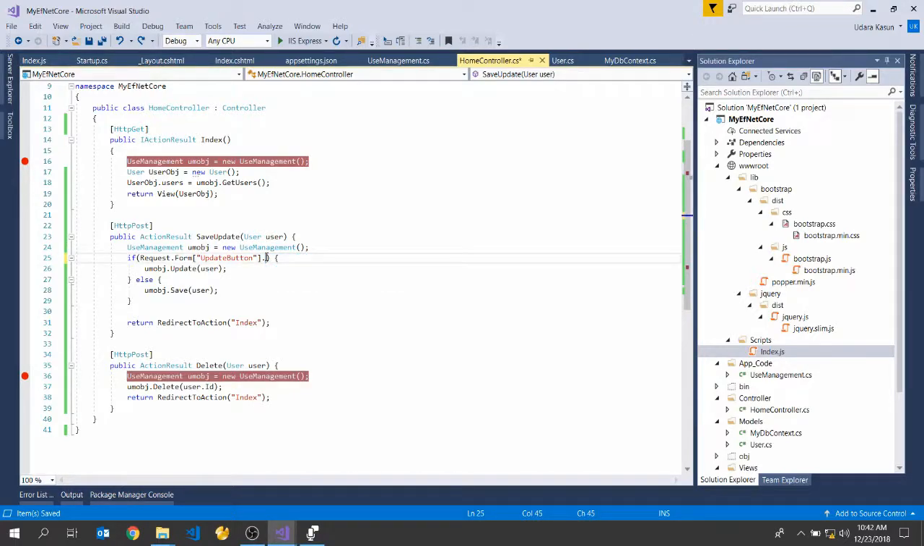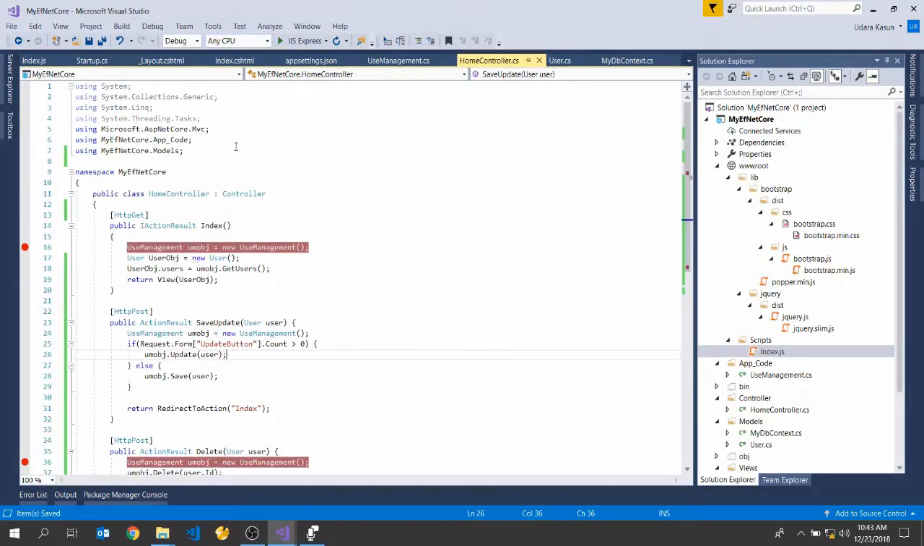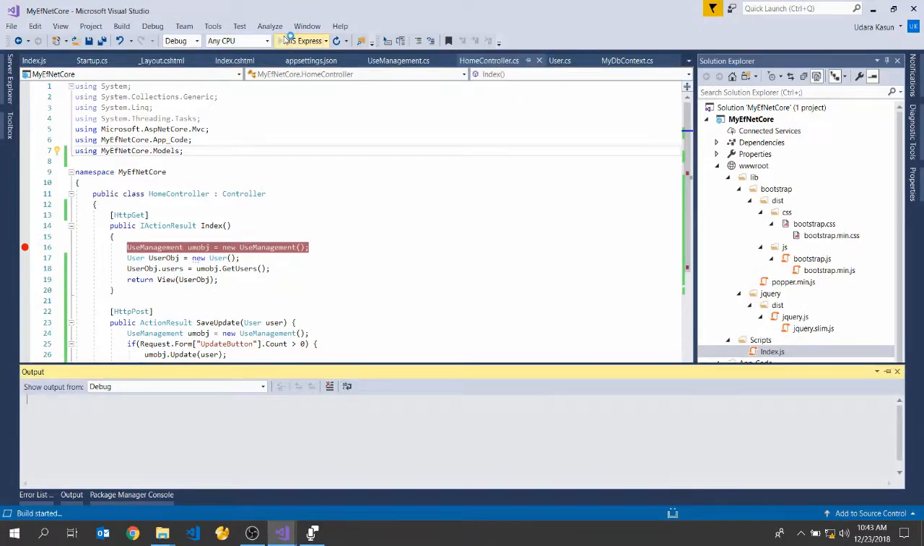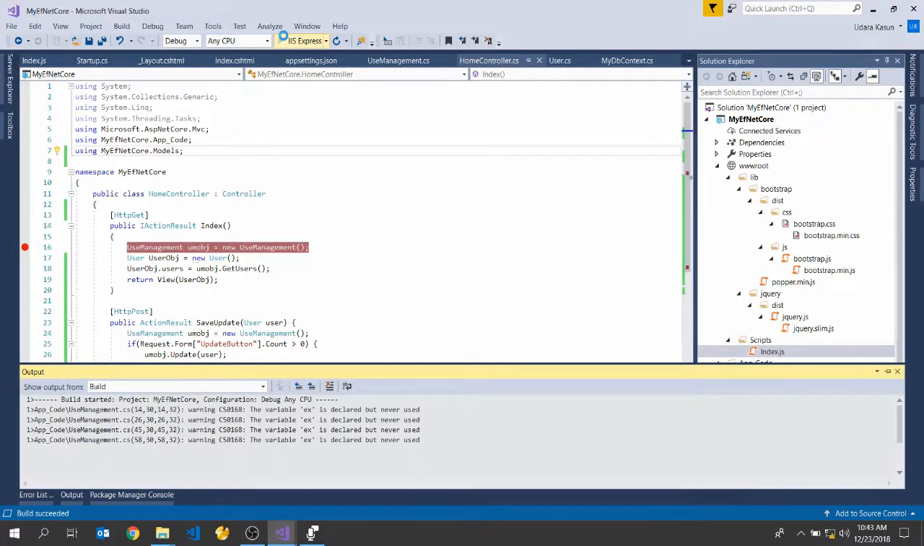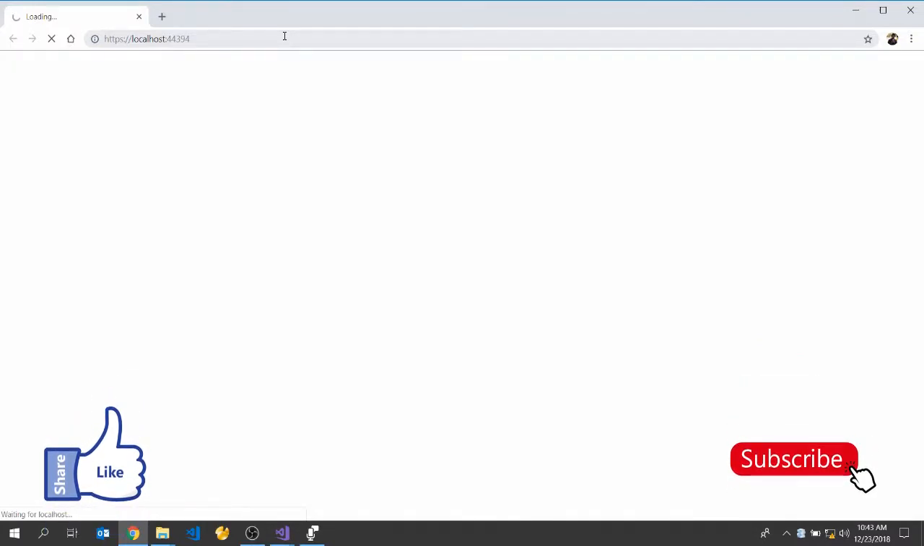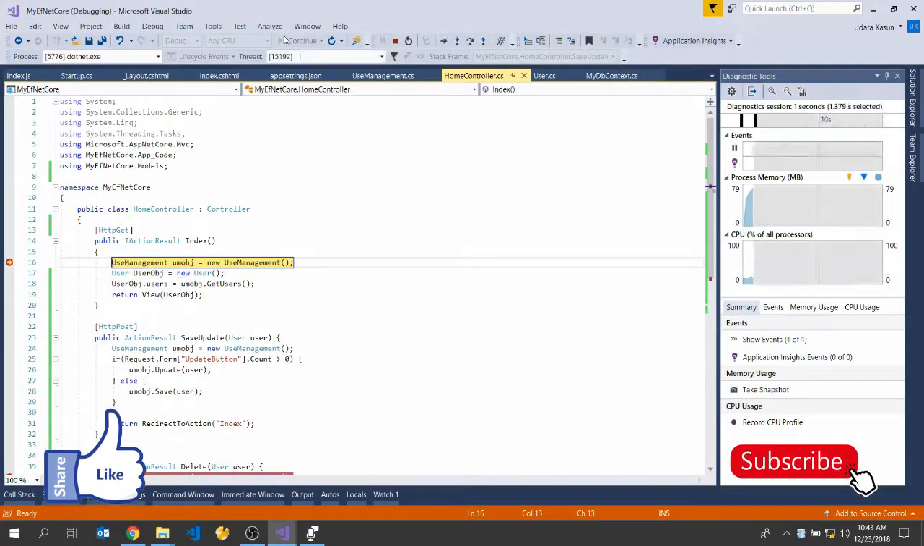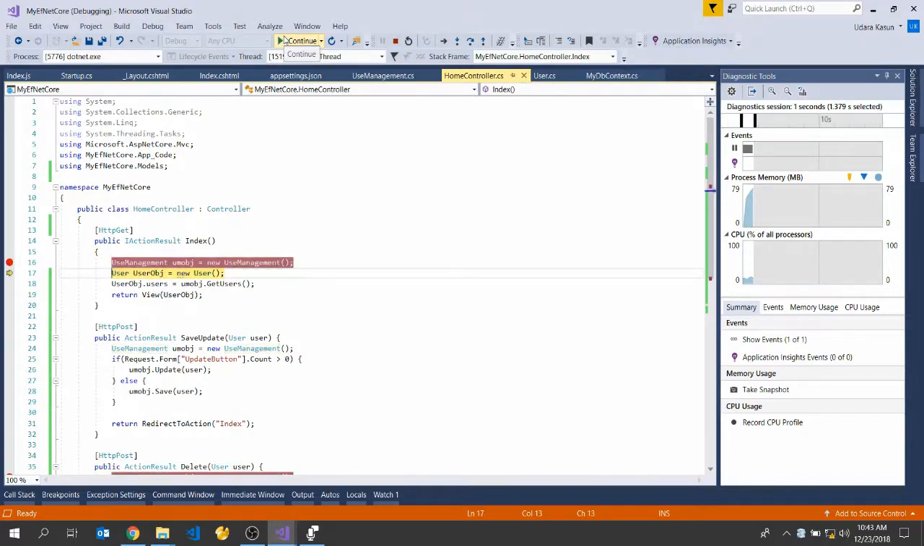and go to controller, and here change count greater than 0. Okay, then you can run, and let's see the result. Okay, press F10,